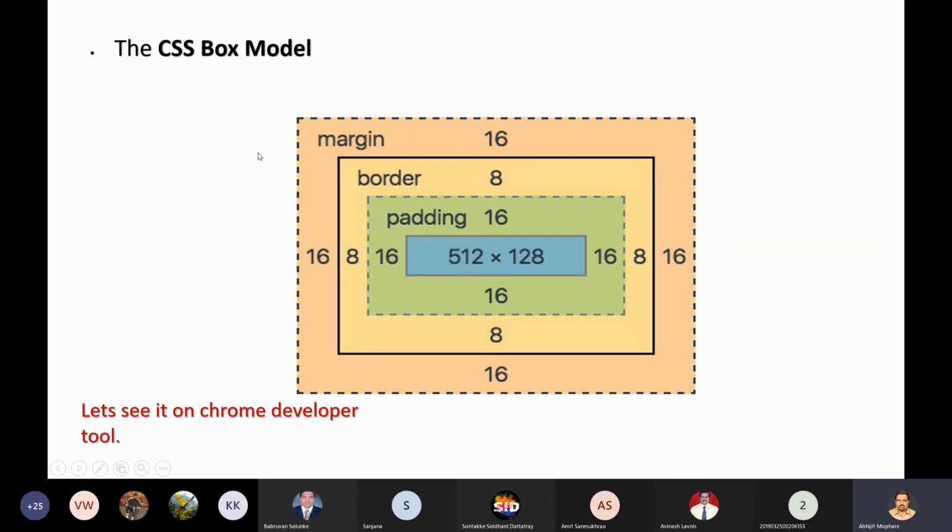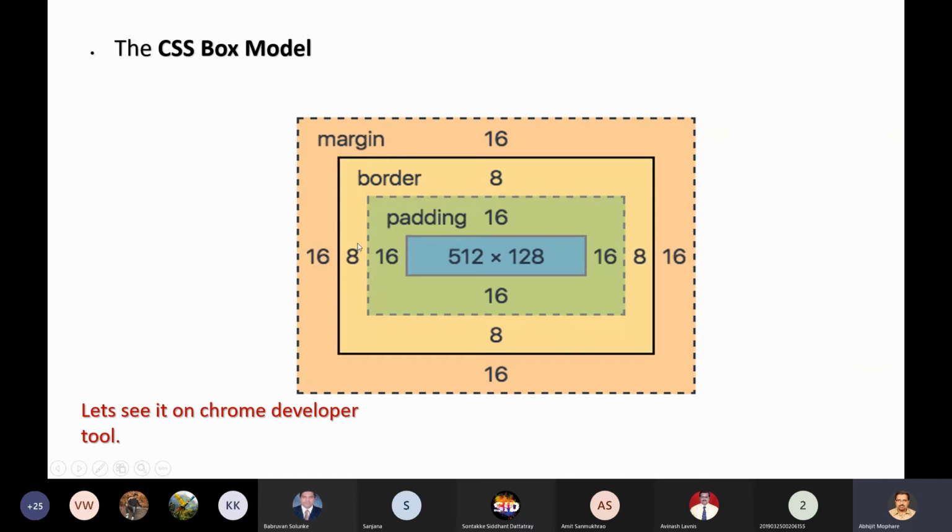Okay, so in all this website design, you are only playing with these five properties: margin, border, padding, height and width. These are the only properties. If you master them, then you will be able to place your element in the proper position on your screen. If you don't understand these five properties, what their units are and how they behave, then you will not be able to place them properly. So it is really necessary to understand this box model.